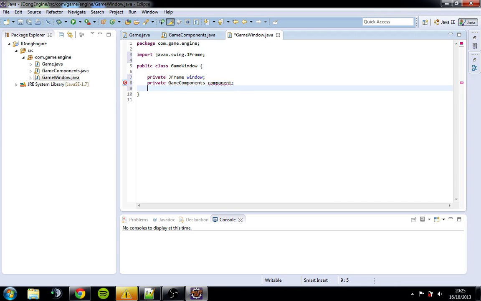Okay, very good. And now let's make a constructor which is public GameWindow, and we're going to take in window. Sorry, we're not going to take in a window. We're going to take in an instance of Game as well. Okay, so it's going to be Game,